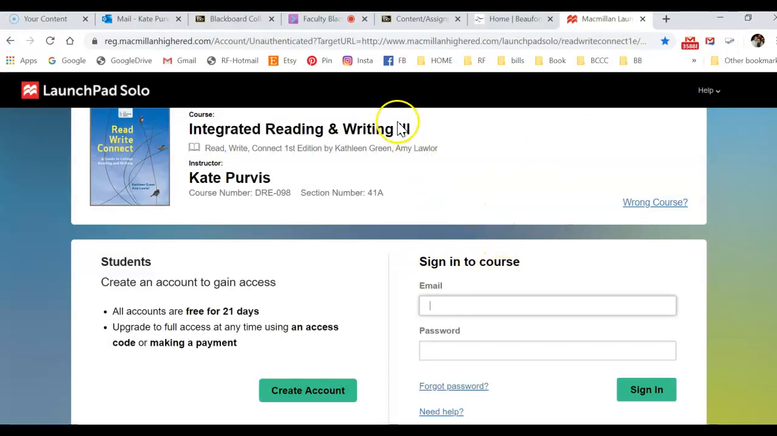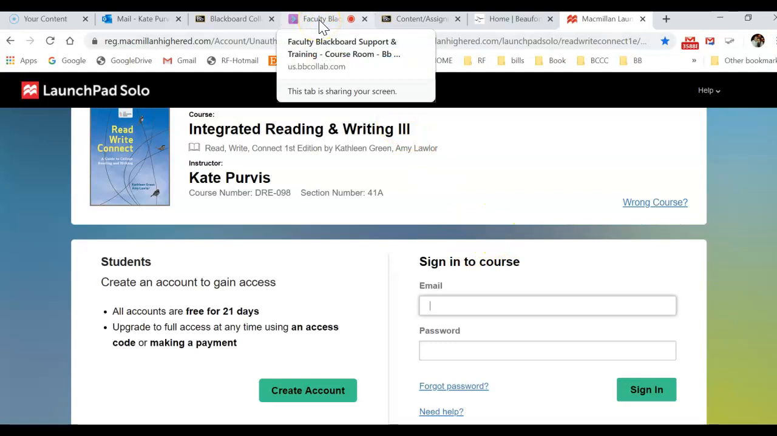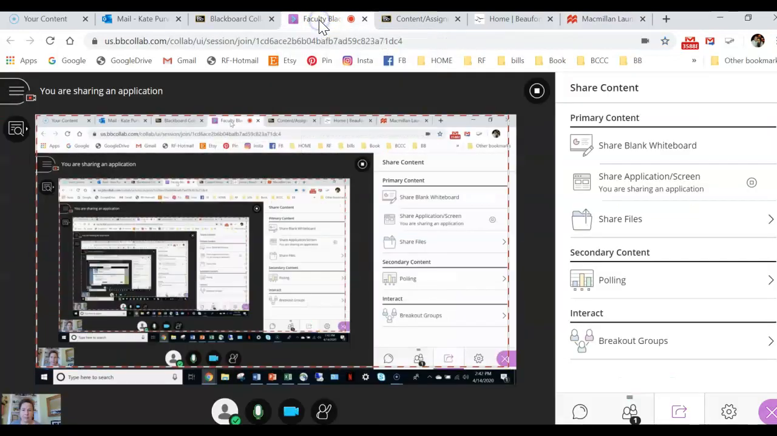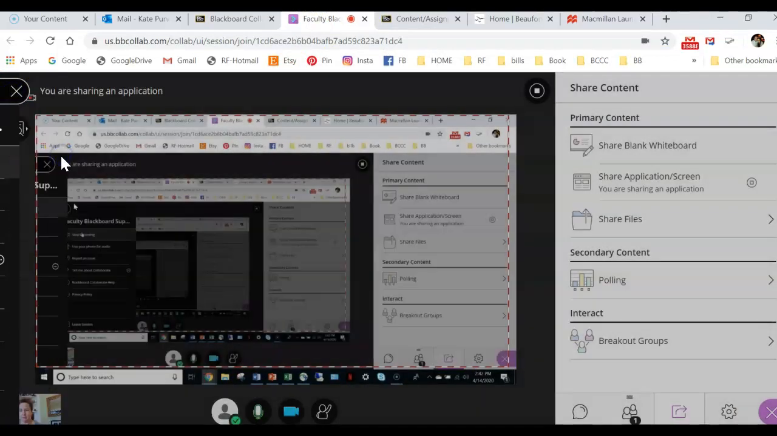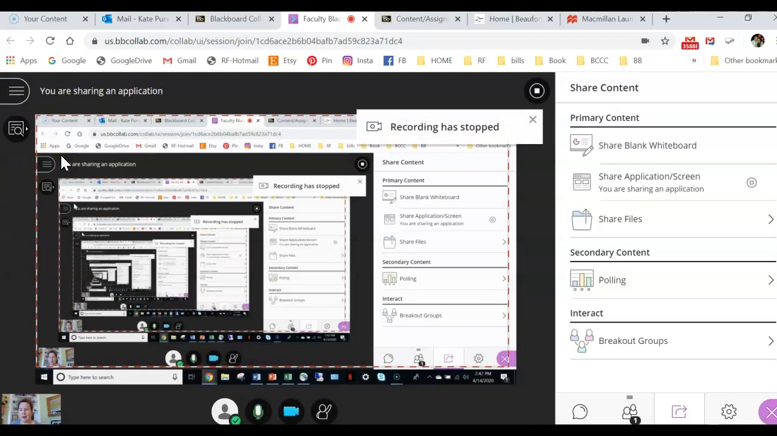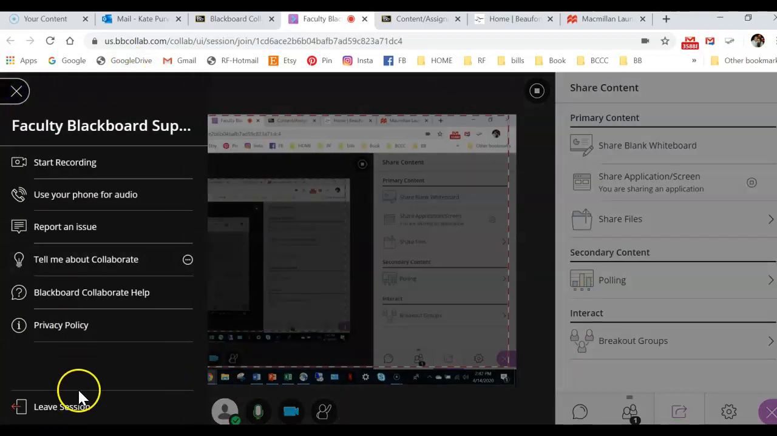When you're finished, you go back to the tab where the Collaborate session is open, and then you go back to the session menu and click Stop Recording. At that point, you're finished. You can leave this session,